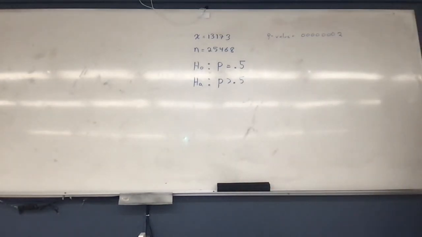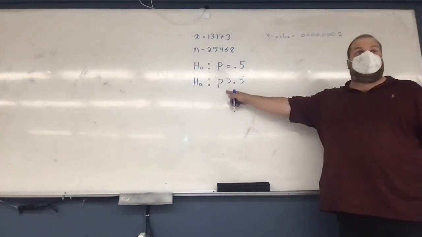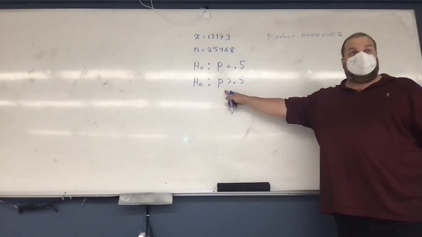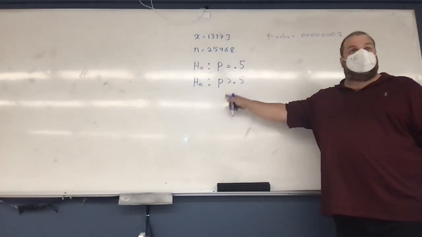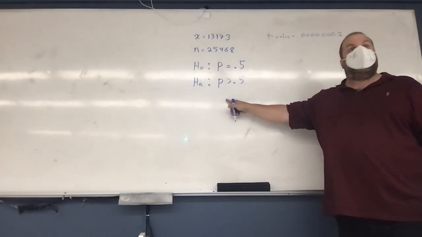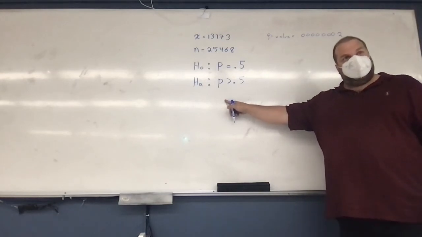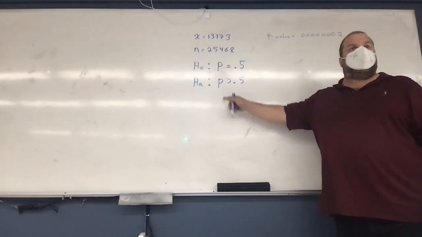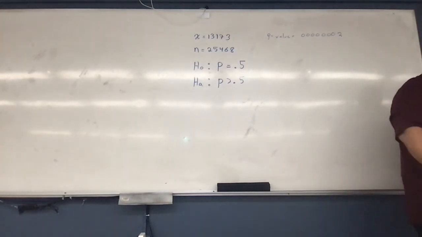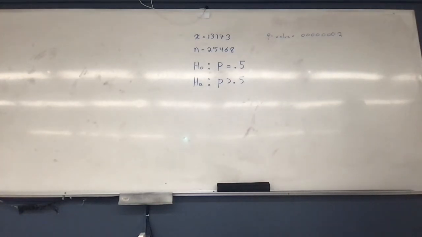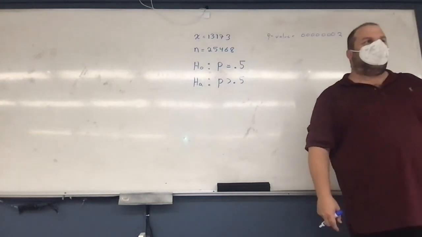Wait, does that mean it is true or it's not? I reject the null hypothesis. P-value is small, reject. So the alternative is that boys are more likely. I will reject the null in favor of this. My conclusion is boys are more likely. I will conclude P is greater than 0.5. There's more than a 50% chance. When the p-value is low, the null must